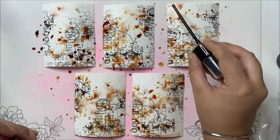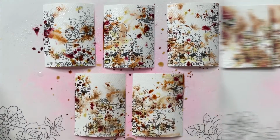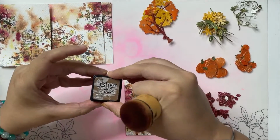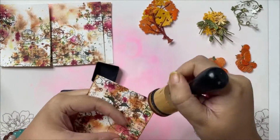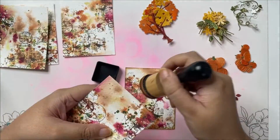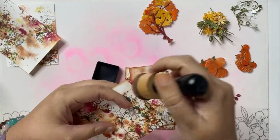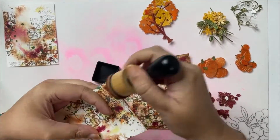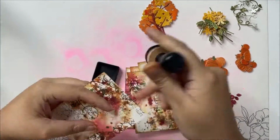And with that, I have a nice colored background with all the colors flowing. Then I am going to use distress ink and distress the edges of these ATC cards. It just gives it a nice border and frames it all, adding more depth and dimension to these cards. For an extra touch, I am mounting them on black cardstock, making sure I have a 1/8 of an inch